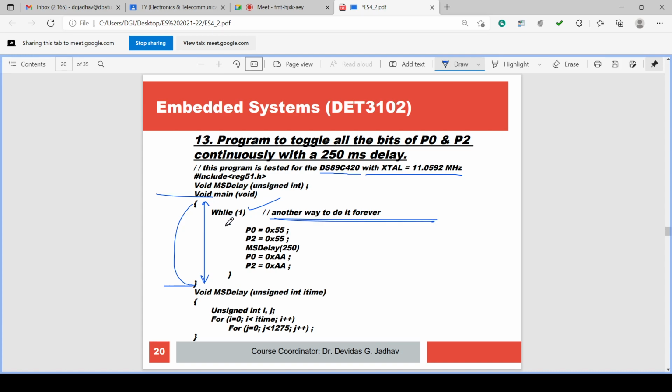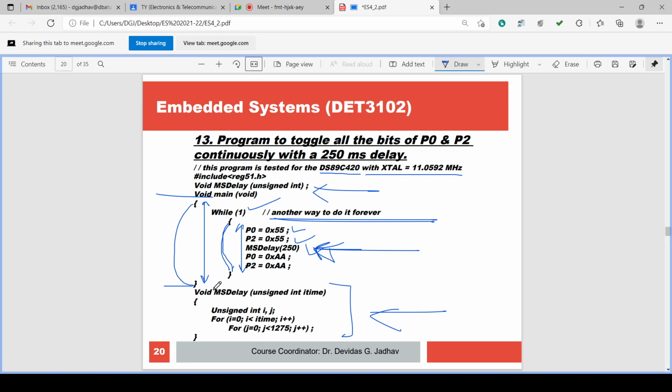Under the infinite loop there is an opening curly bracket and a closing curly bracket, and there is a program block. In this program block, P0 is assigned 55, P2 is assigned 55, then msdelay 250 is there, the calling of the function. Defining the function is this, calling the function is this, and writing the body of the function is this.